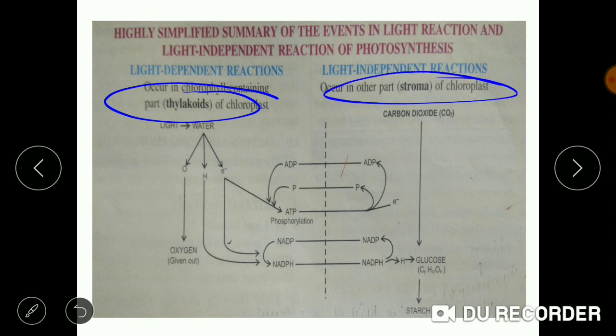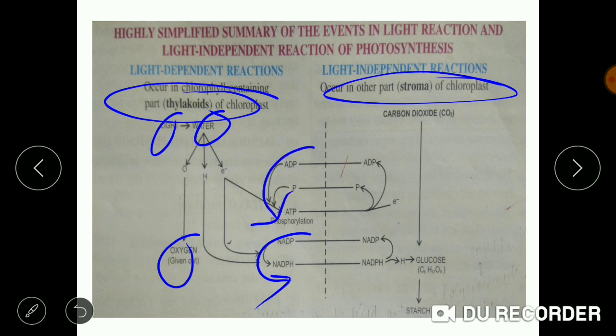During the light reaction, photons of light fall on the chlorophyll molecule, due to which it becomes excited and activated, and this leads to splitting up of the water molecule into hydrogen ion and oxygen, and electrons are released. The oxygen is given out, while the hydrogen ion helps in the conversion of NADP to NADPH, while the electrons help in conversion of ADP to ATP,